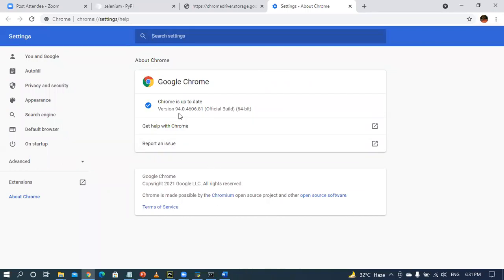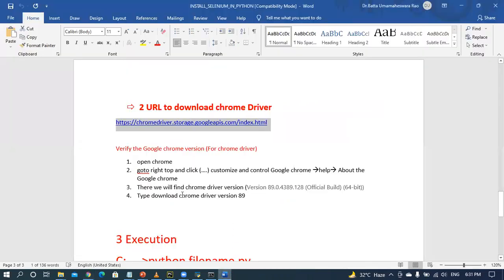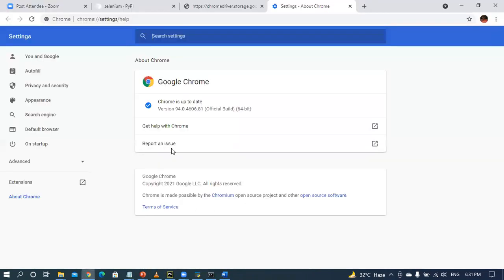See here, 94.0 like this. This is the 64-bit version. There you will find the Chrome driver version, for example version 89 point something, official. What is the version I am using here?